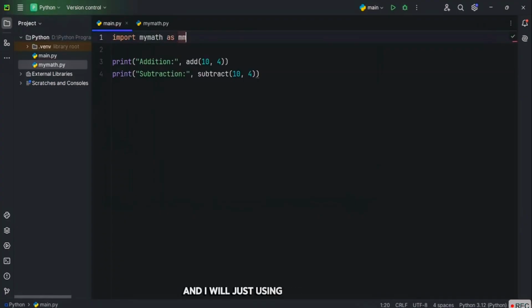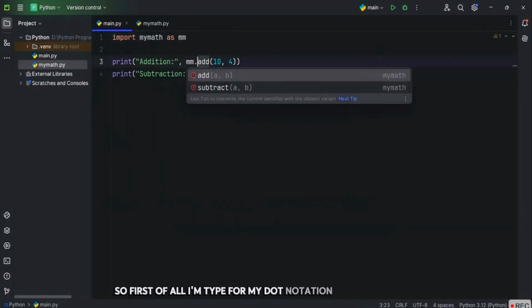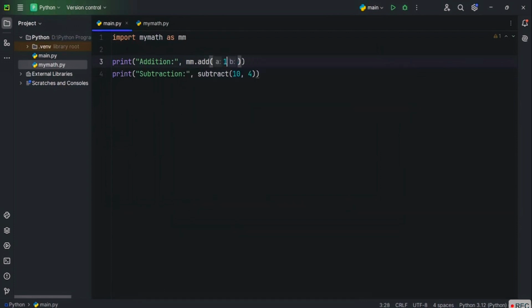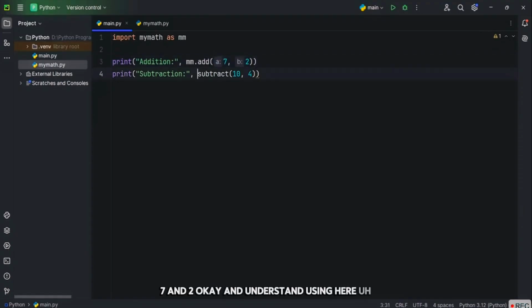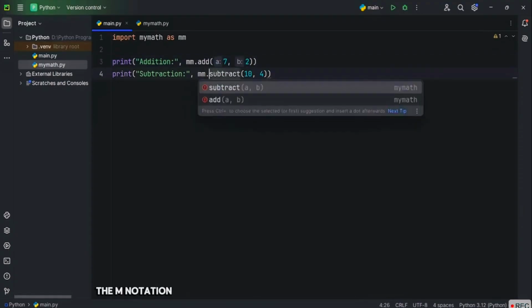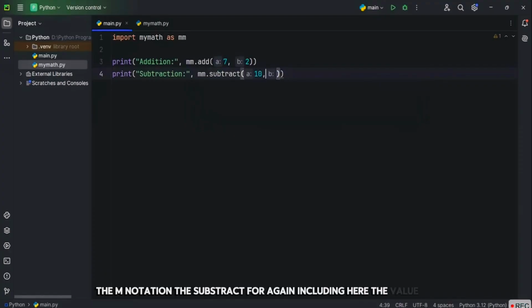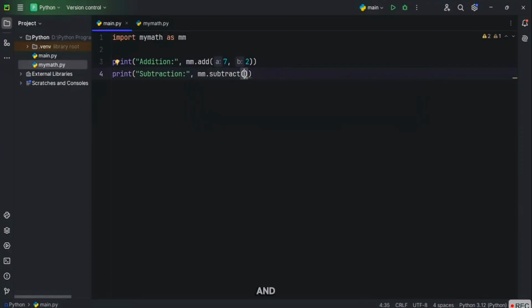Then I will use the function. So first of all, I'm typing mm dot notation subtract for 7 and 2. Okay. And using here the mm notation, the subtract again, including here the value 7 and